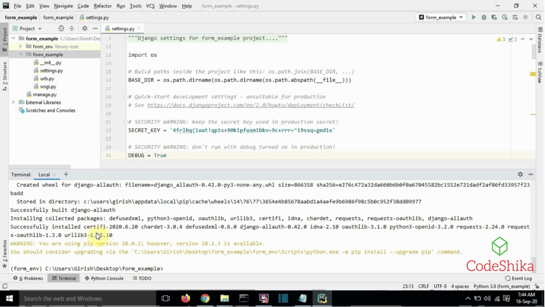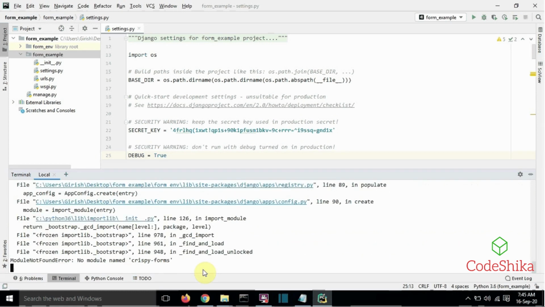Great, we installed the package by using pip. Now let's run the server again. python manage.py runserver. Now it wants some other package called Crispy Forms.